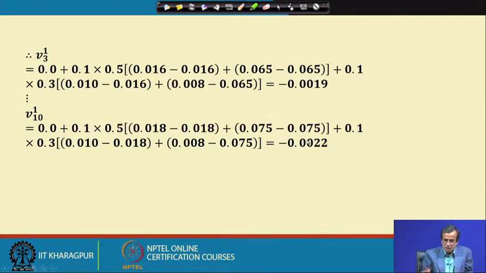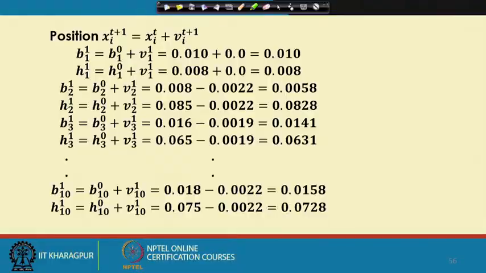So, using this principle I can find the updated velocity of each of the 10 particles, and once I have the updated velocities, we are in a position to find the updated positions of these particles. Now, let us see how to find the updated position.